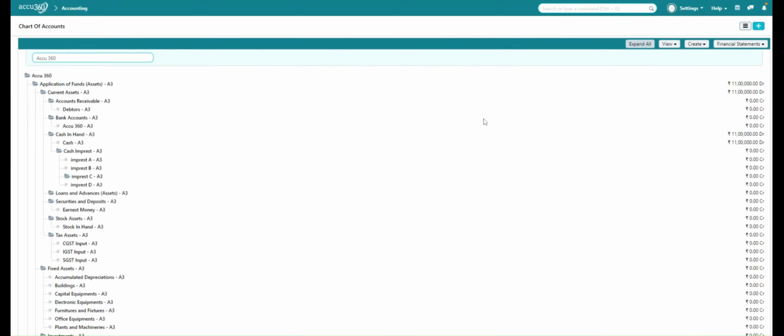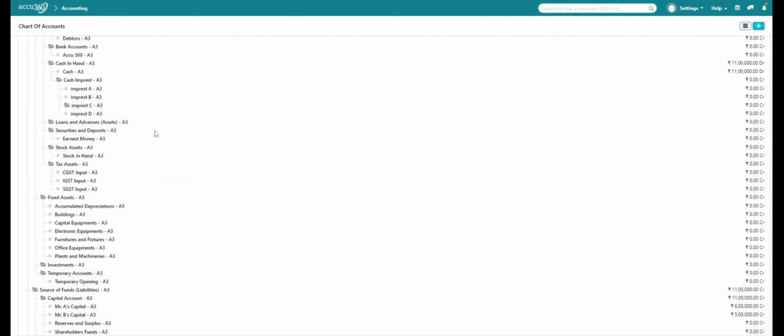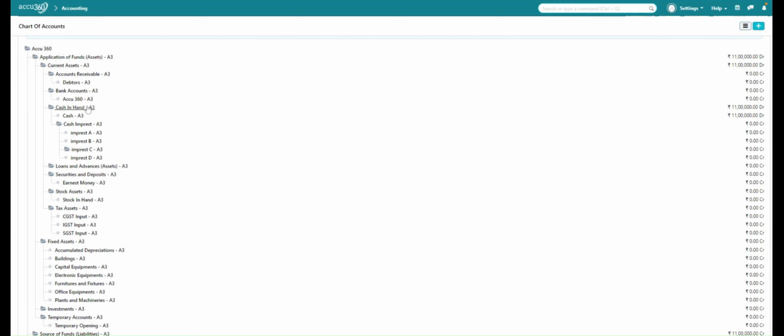Here we can also see the entries we have passed have also had effect in the chart of accounts. Now we can see we have a bank account which has the name accu360, which we have configured at the time